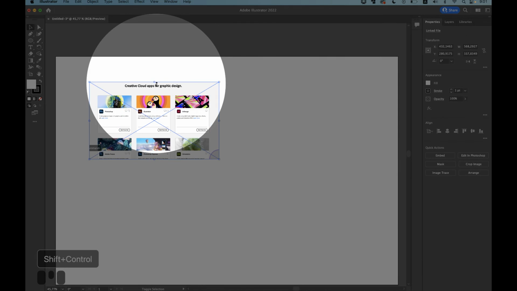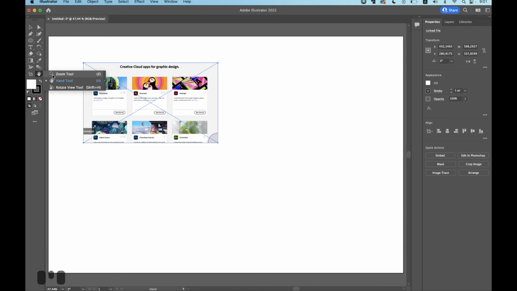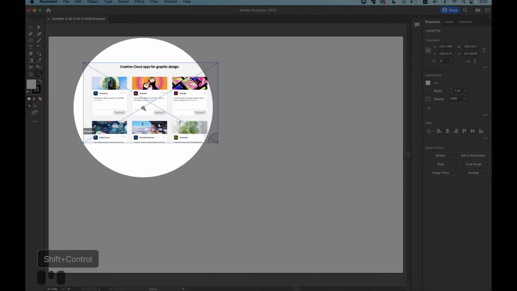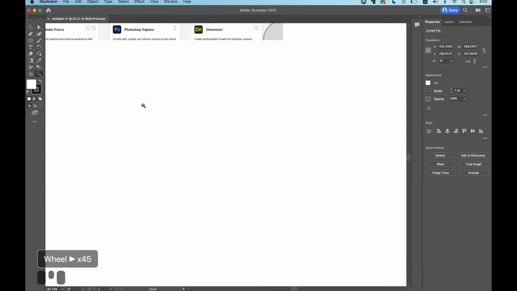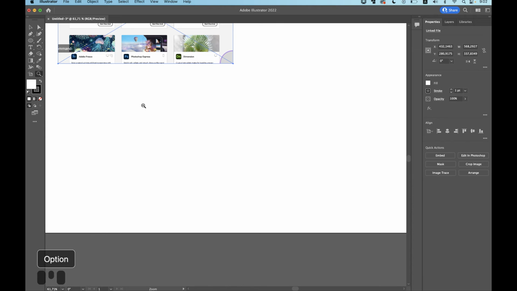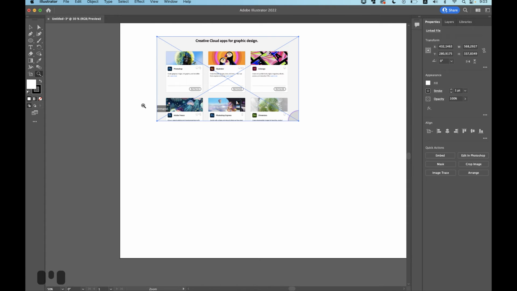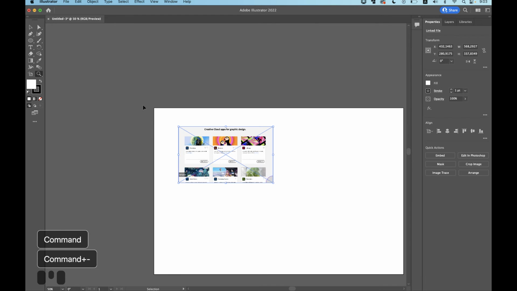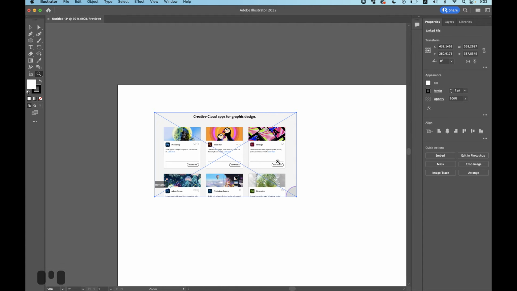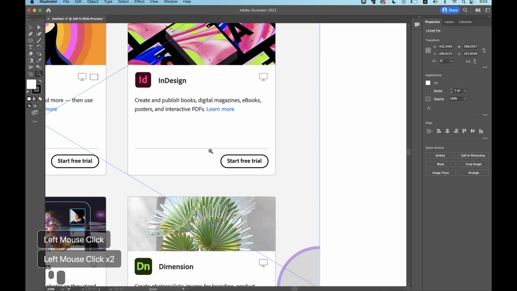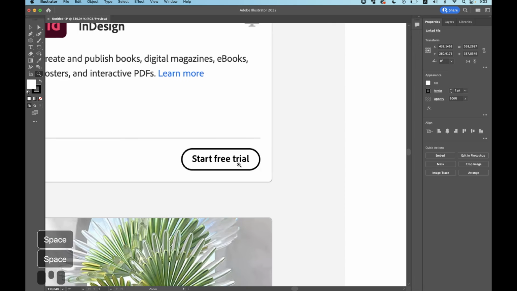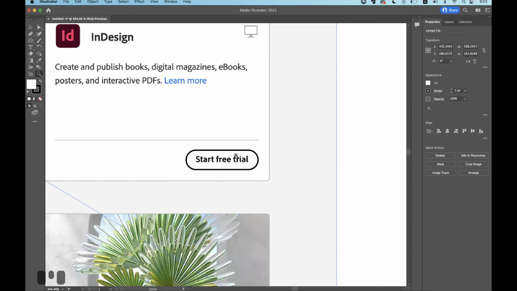Now we need to zoom it in. There's a tool right here. The zoom tool, you can click on it. By default, you've got a plus and it allows us to zoom in. If I hold down the Option key on a Mac or Alt on a PC, the icon changes into a minus. Just click and we can zoom out. The good shortcut for in or out is holding down the Command or Control and just tapping the plus or minus. So let's zoom in on this place. And hand. Okay. Let's zoom one more time.